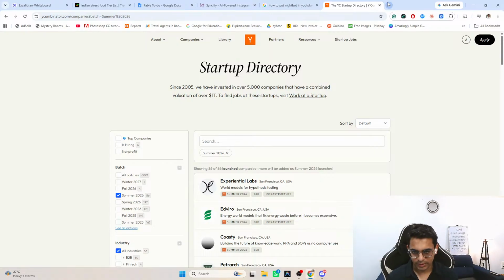But of course, I did not get selected, and that's fine, right? I think they receive thousands and lakhs of applications, and only 100 or even less than 100 get selected, or 200 at best. But one thing that makes me really, really sad about YC is that in the last, I think, almost 3 years, they have not selected a single startup from India, which is